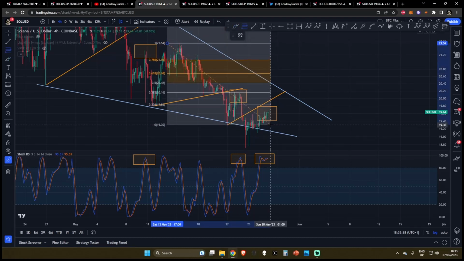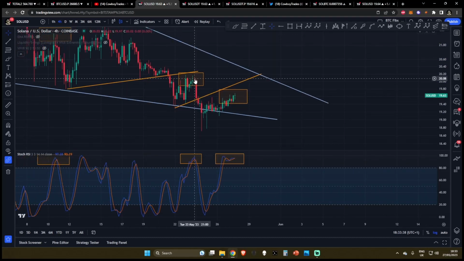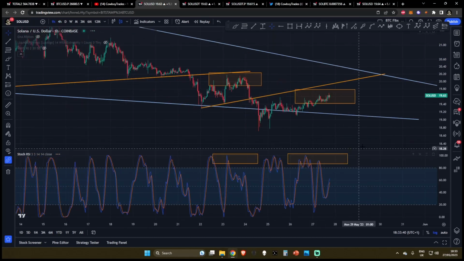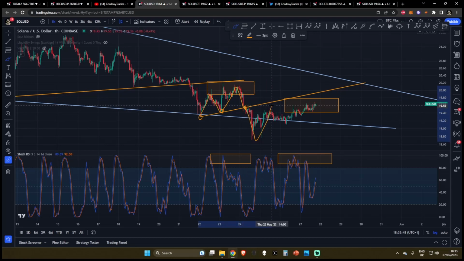If we draw a Fibonacci from this level as well, from the bounce, you can also see, just like in the previous example, this is a really weak bounce because we don't even make it into the 0.5 Fibonacci. From this point, if we come over to the 1-hour time frame, so it's a little bit easier to see, you can see touch point, touch point, touch point, flip it as resistance. When you come back for that bounce, you don't have enough strength to make it back up to that resistance